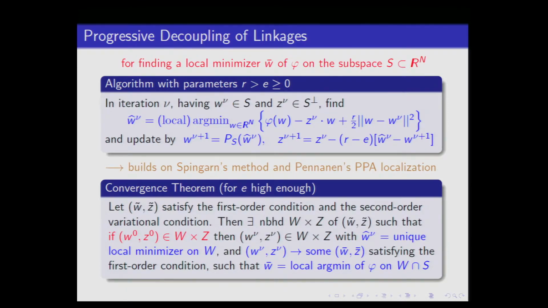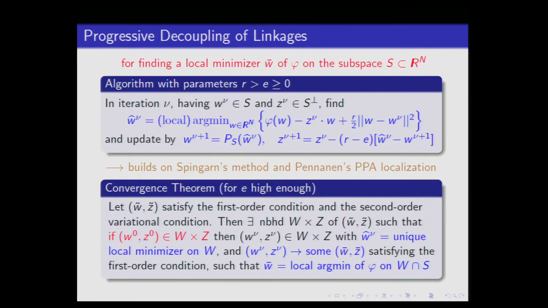Now I call this progressive decoupling because it's inspired by the progressive hedging algorithm, but you can't use the word hedging when it isn't something stochastic. It doesn't make sense anymore. So this is progressive hedging, but I changed the name. Progressive decoupling to be more general. And here's how it comes out. So, this is just for minimizing this phi.